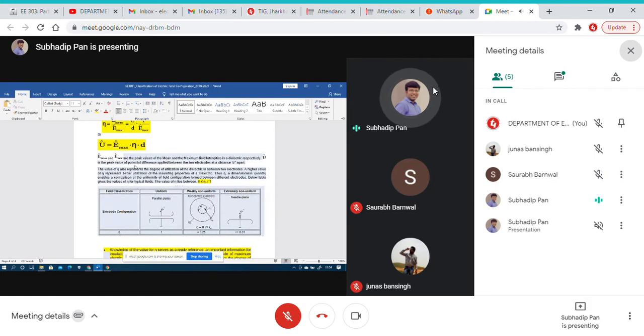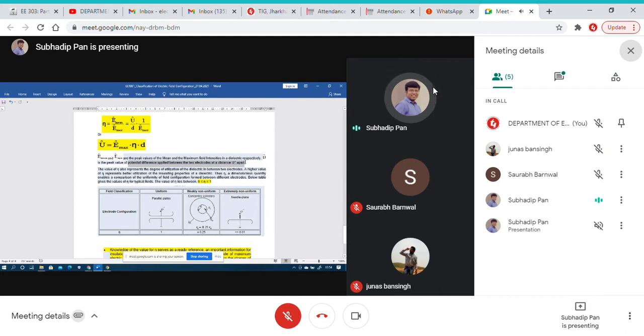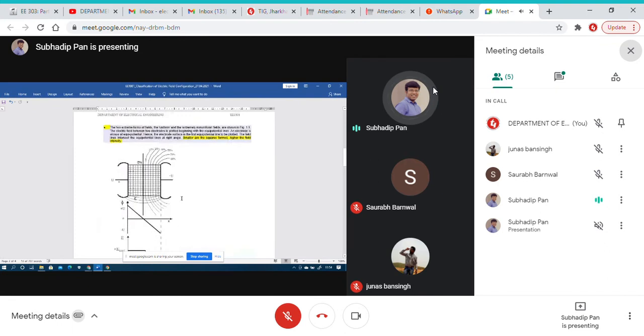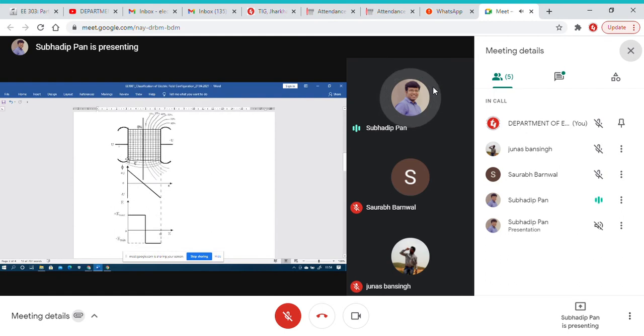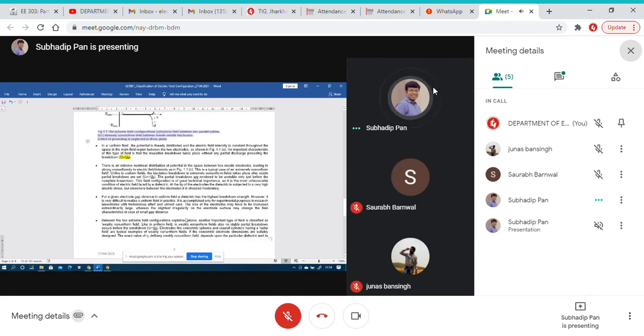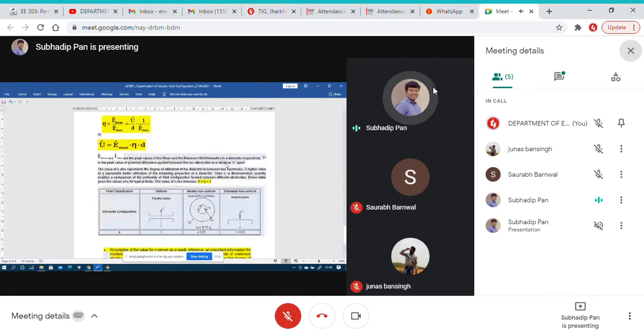So that distance from O to D is called the potential difference applied between the two electrodes at a distance d apart, as we already told you. So we have two electrodes. If we draw a line on this figure, this is the position of one electrode and this will be the position of the other electrode. There will be some difference, and that difference is defined by d, the distance d apart.